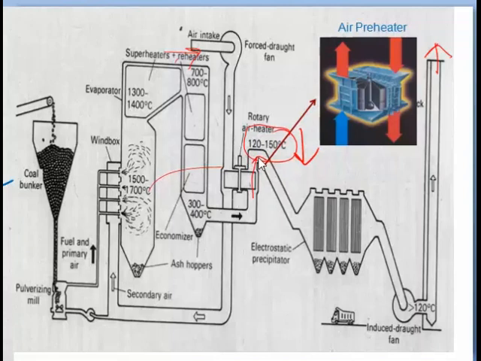Otherwise, this will create cold end corrosion, and this may corrode the inner lining of the stack, which is made of carbon steel. It is the reason that the temperature of the flue gas passing through the stack to the atmosphere is kept above the dew point temperature of sulfuric acid, that is more than 115 degrees centigrade. So generally it is kept between 120 to 150 degrees centigrade to avoid this cold end corrosion because of sulfuric acid.